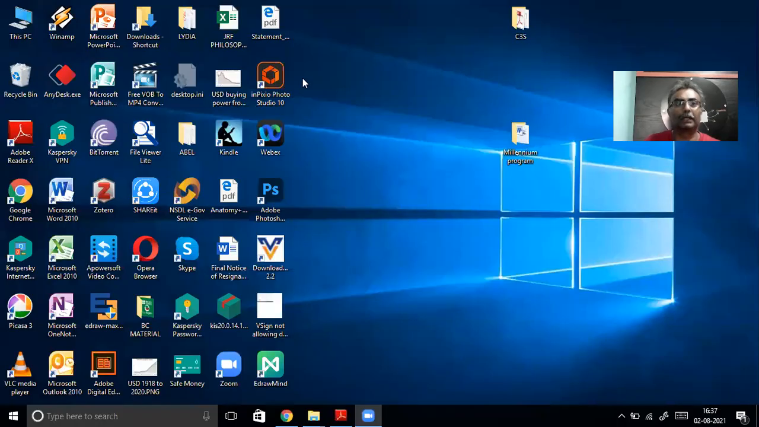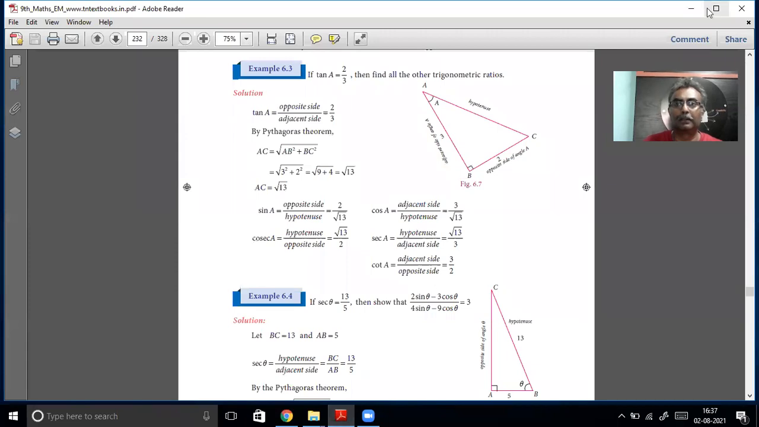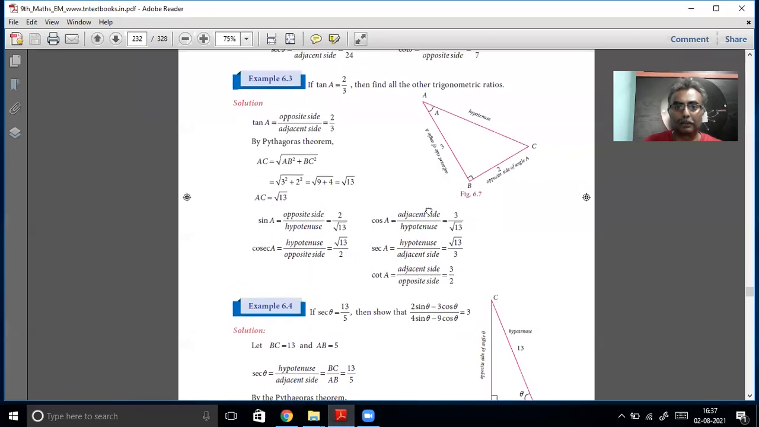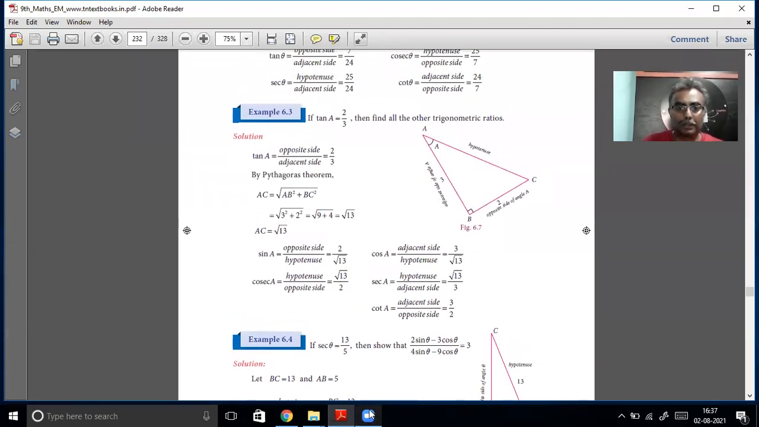Where's the annotator? Okay, annotator is also there. Why is the annotator not coming on? Now,